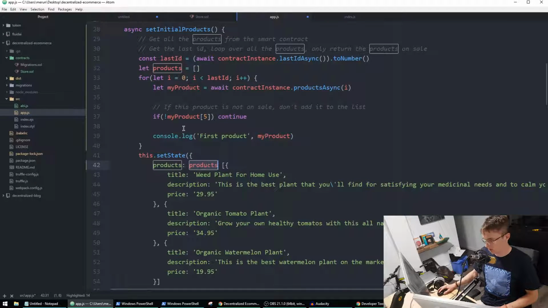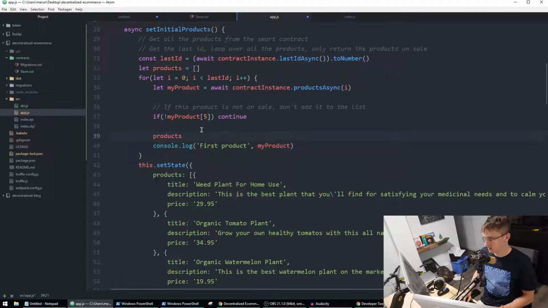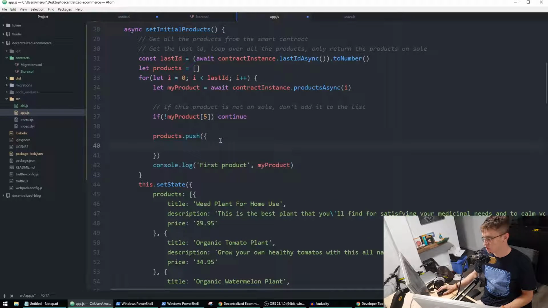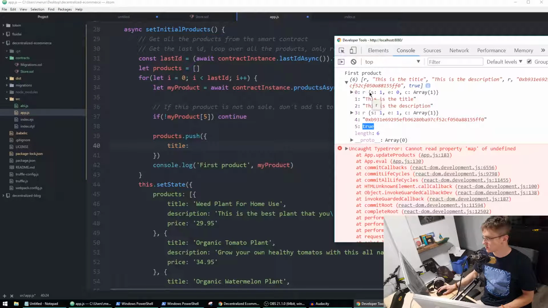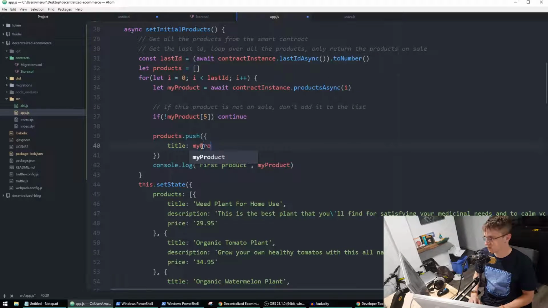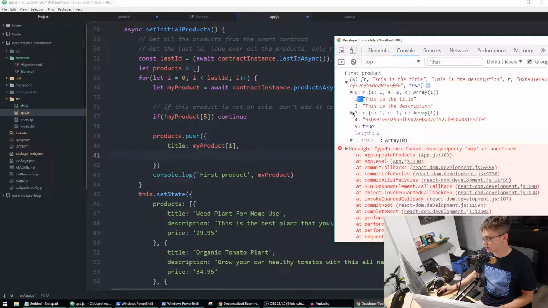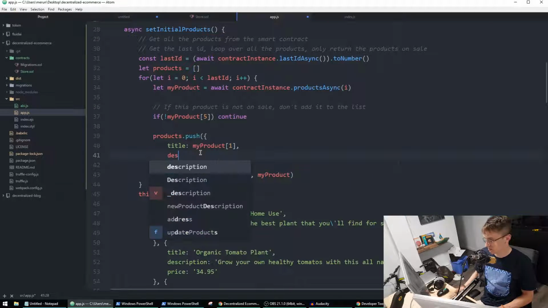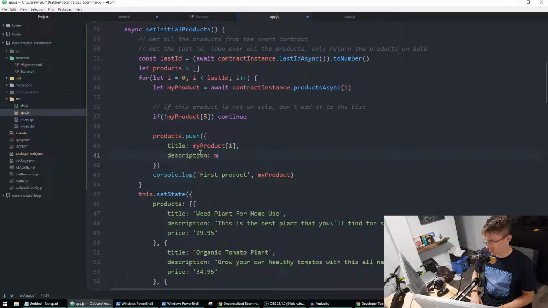So we go to the products array, we say push, and we push the title, which is, as you can see, the first element, my product 1. We also push the description, which is my product